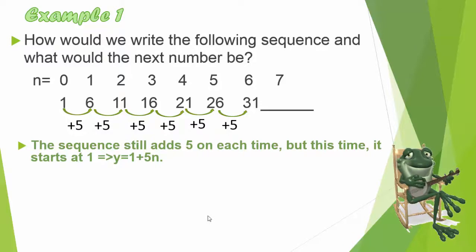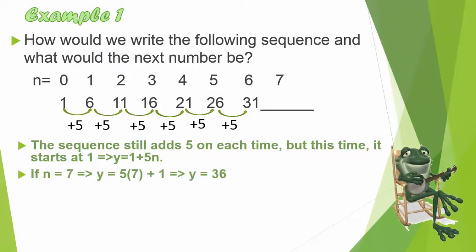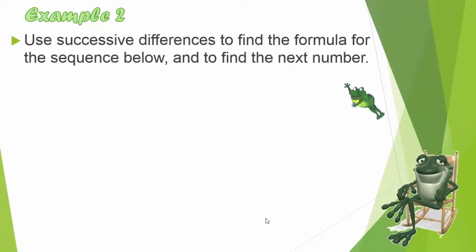So this implies our formula is y is equal to 1 plus 5n. Thus, if n is equal to 7, we substitute in our formula y is equal to 5 times 7 plus 1, which means that y is equal to 36, since 5 times 7 is 35, plus 1 is 36. In example number 2, we're asked to use successive differences to find the formula for the sequence below and